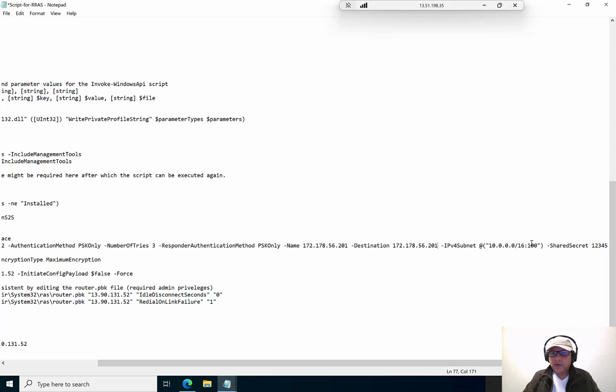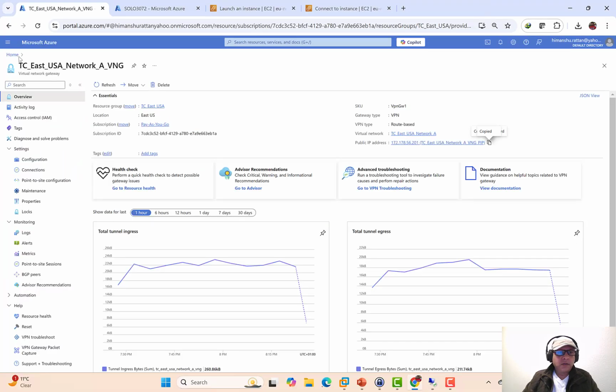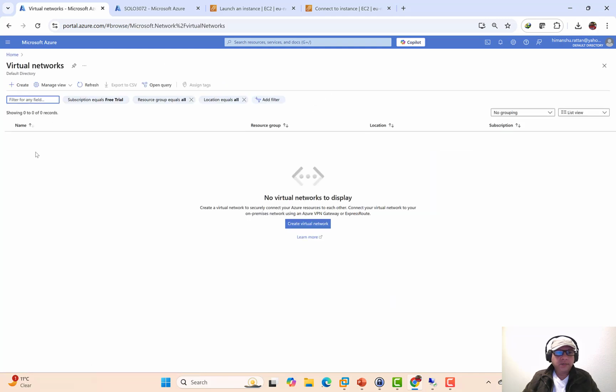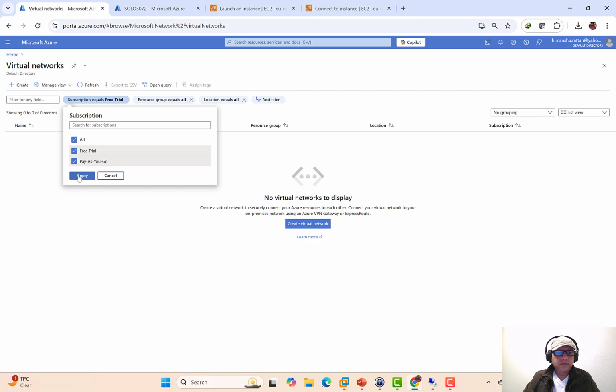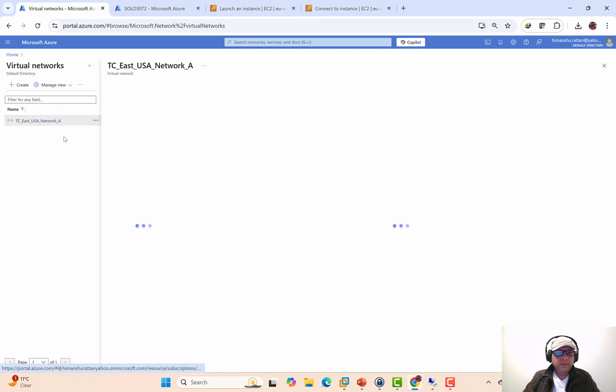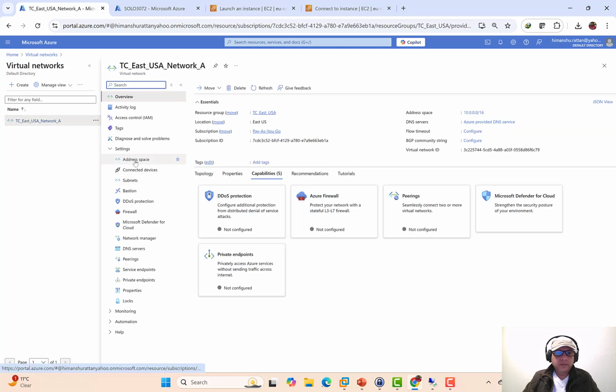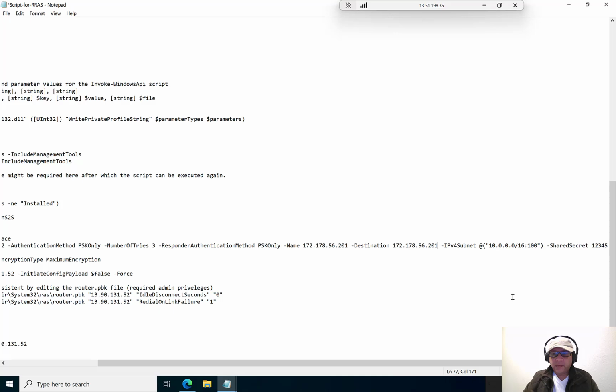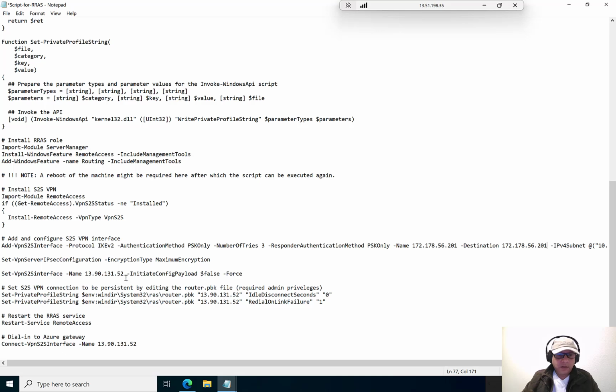And this IP subnet range is fine because if we see here in my virtual networks, this is exactly the same address range that is here. And the shared secret is 12345 that I did earlier also. Now we have to make the changes like this here